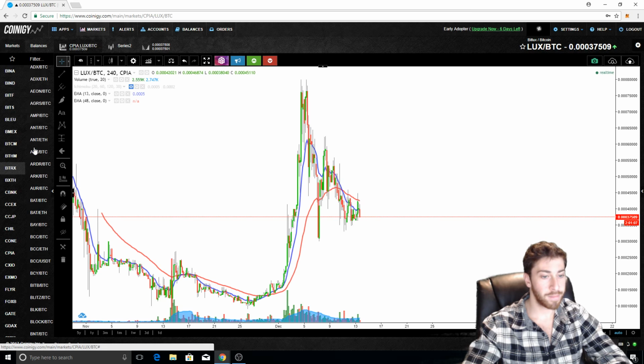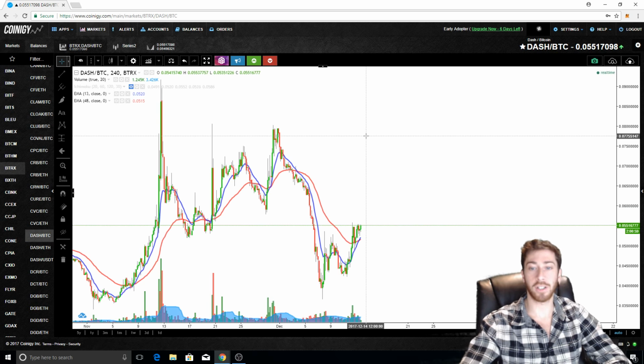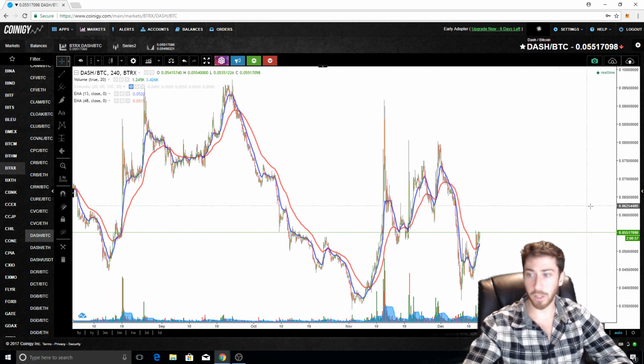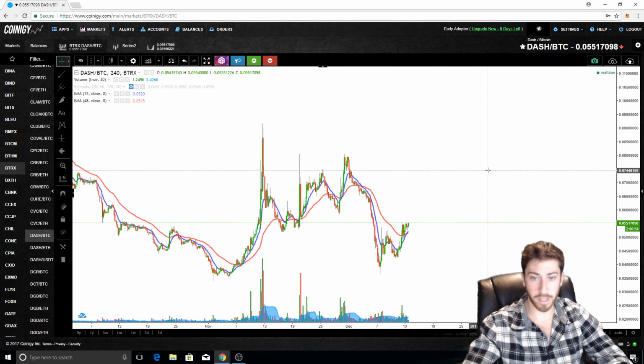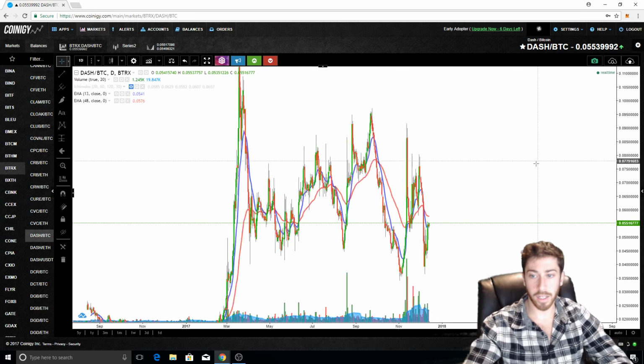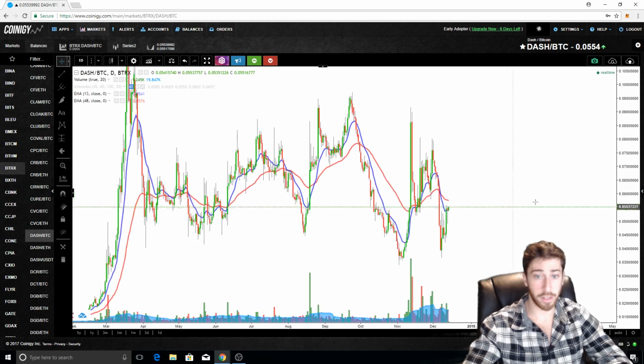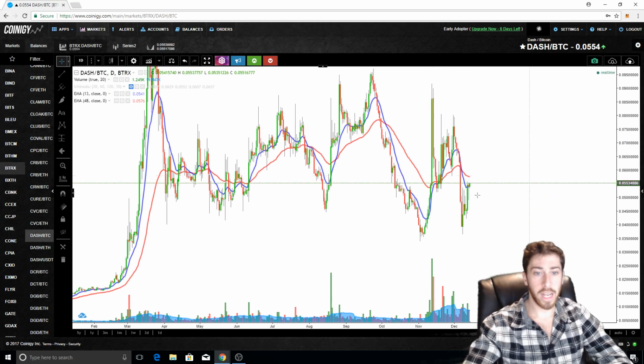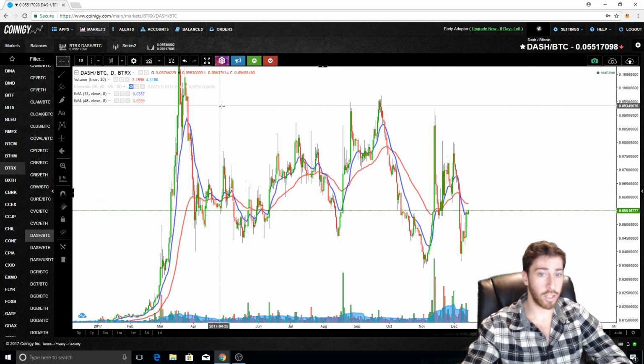And I'm trying to find a coin that's been trading for a long time, that's had multiple breakouts, so that it will do best. So let's go to Dash, actually. Dash has been trading for a long time. We all know this. So for my entries and exits, I like to look at the daily first. So if we're looking at Dash recently after this huge breakout,